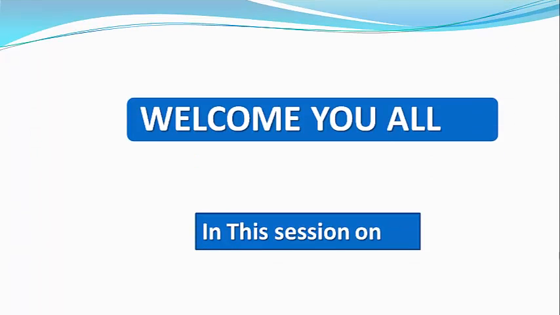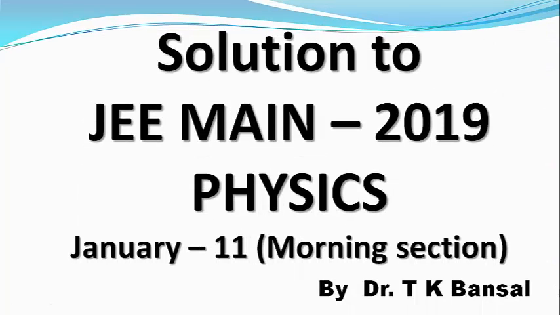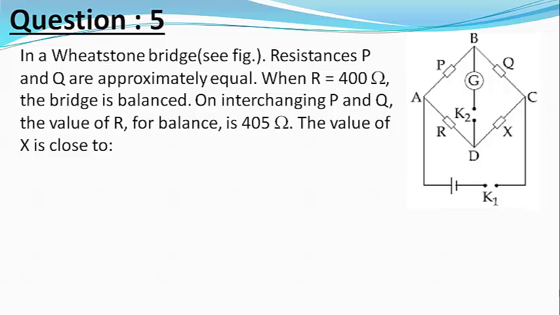Good morning, friends. We have come now to the fifth question from JEE Main 2019 morning session of 11th of January 2019. The question says, in a Wheatstone bridge, as shown in the figure, resistors P and Q are approximately